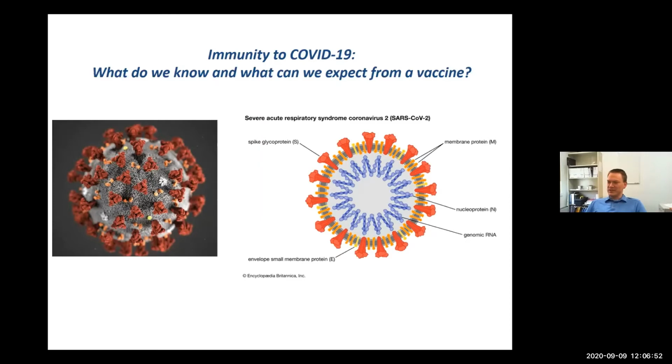The picture up on the screen now, the one on the left, is one that you've seen quite a bit of. That's our ubiquitous picture of the coronavirus, SARS-CoV-2. And the cartoon on the right is the diagram that you'll see when you're trying to figure out how this thing really works. These little red things on the outside are called the spike protein. Whenever you see a picture with all these little nubs around the outside, that's the spike protein, and that's the thing that sticks onto your cells. It helps the virus get into the cells and